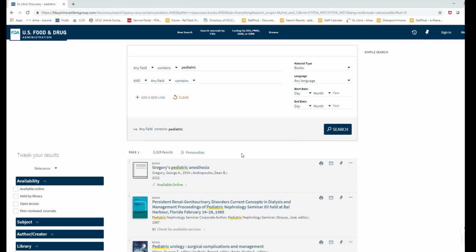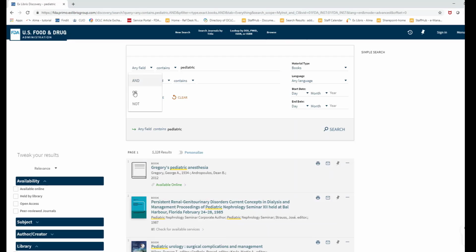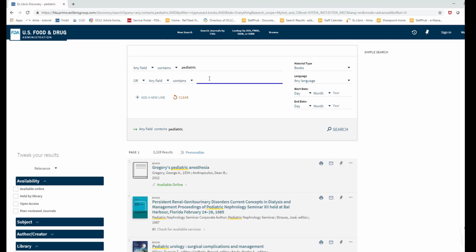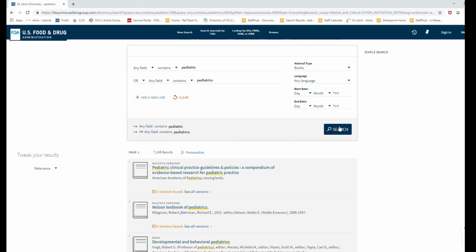And that yields 5,328 results. We can also use Boolean operators to combine our search for pediatric and pediatrics. If we select OR and type pediatrics, that yields